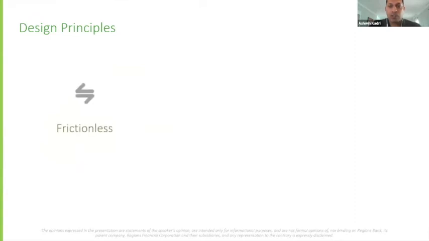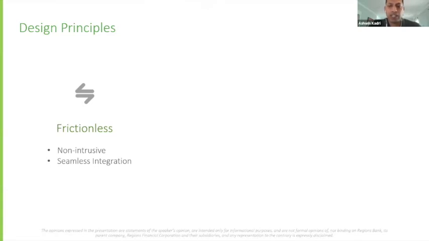As we designed a solution, we had these key design principles in mind. The solution should be frictionless. So we shouldn't have to ask the teams for any information. Like, hey, how many tests did you run today? How many passed? How long did they take to execute? Right? I shouldn't be asking those questions. It should be frictionless. The user should have no additional steps to generate metrics.